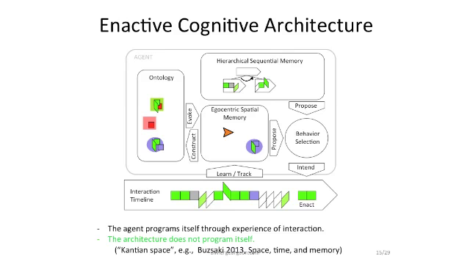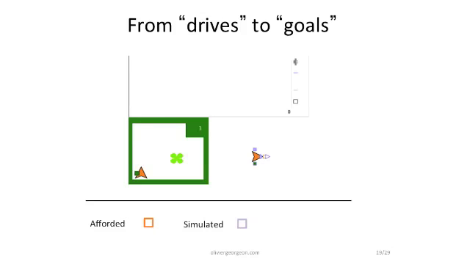So with this architecture here that has several modules, so the sequential module and the spatial module, it allows us to study how those modules can interact and to implement simulations of sequences of interaction in spatial memory. So in this example,